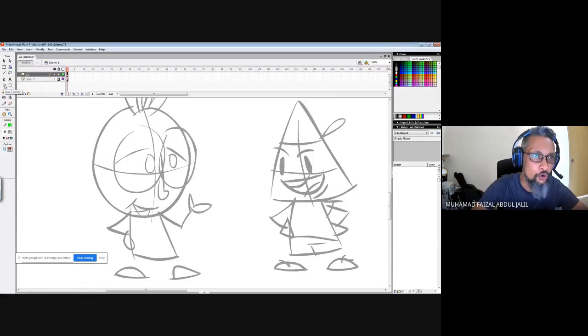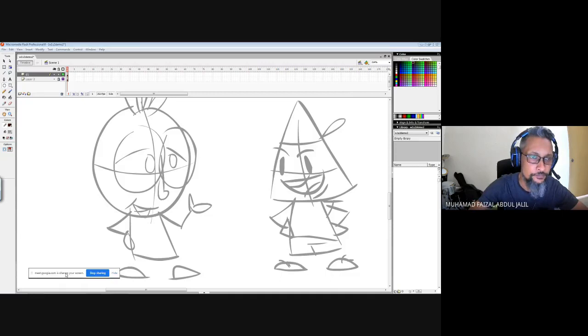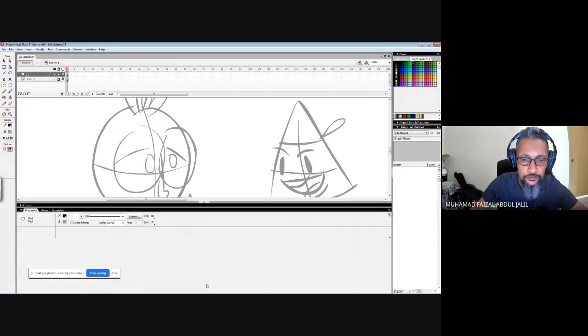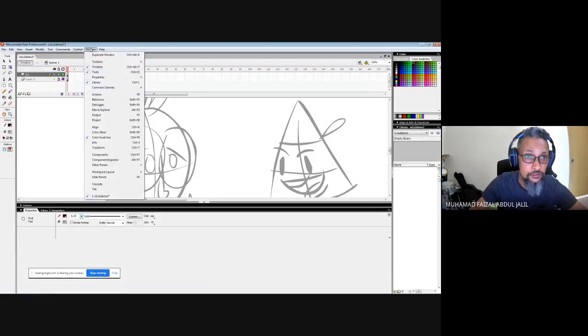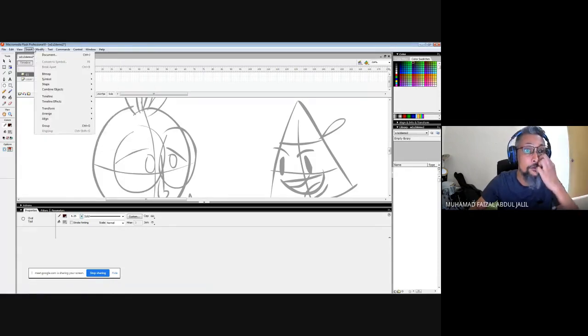One of the tools I can use if I want to draw circle shapes, of course, is the oval tool, and then I'm going to use a different color here, and I can even change the strokes. In properties, you can find properties over here, in Windows or control properties, if you cannot find it in Adobe Animate.